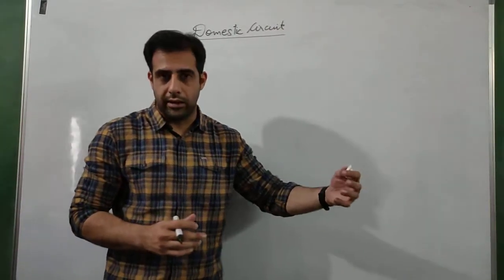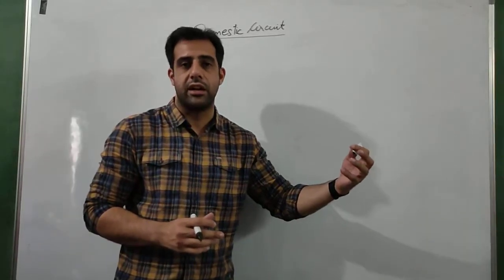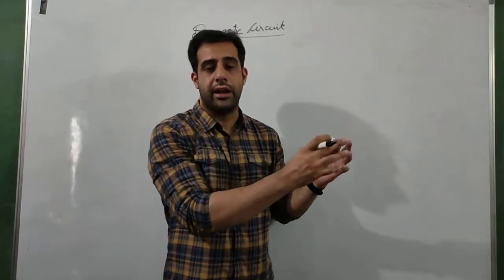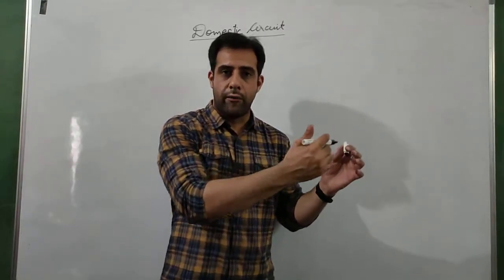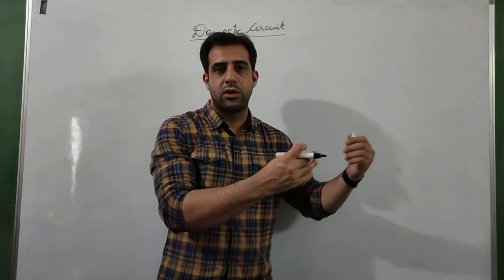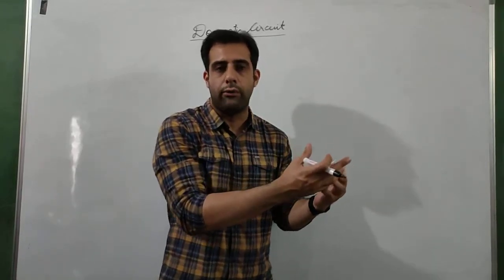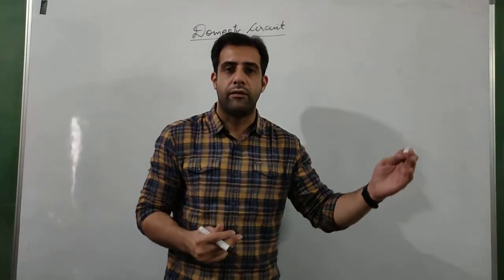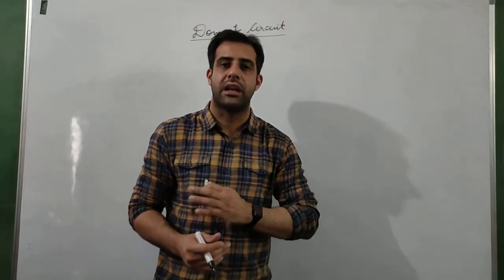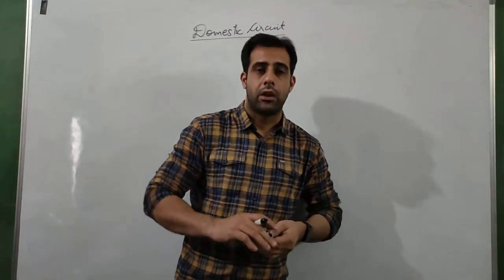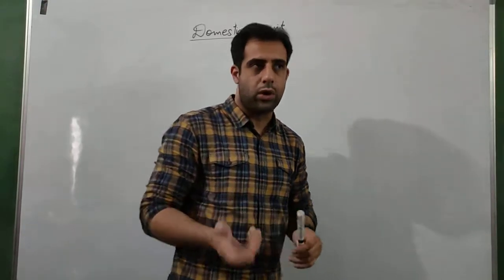There is a main meter which gives us the reading of electricity used in our house, that is outside, that is connected with the main switch, and from that switch the electricity enters our house. We can consider it as the source of electricity for our houses, and after that main switch every appliance, every connection is in parallel to each other. None of them are in series. Now we are going to discuss why is it so, what is the reason.